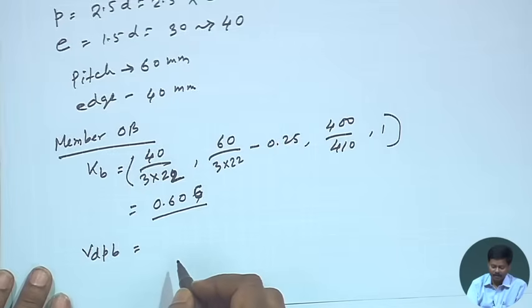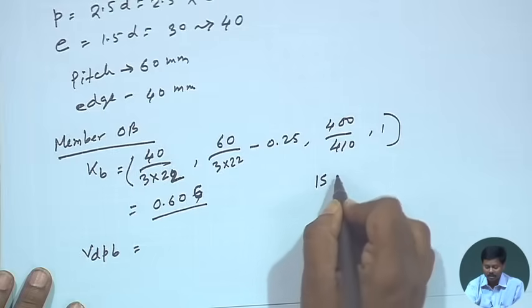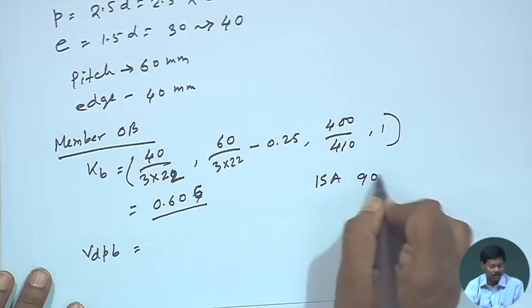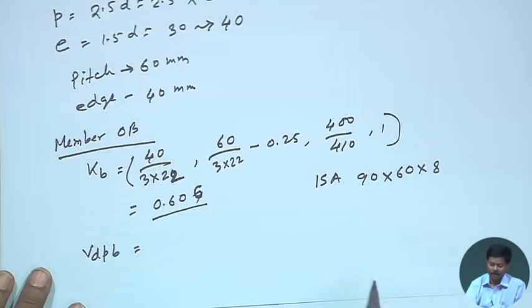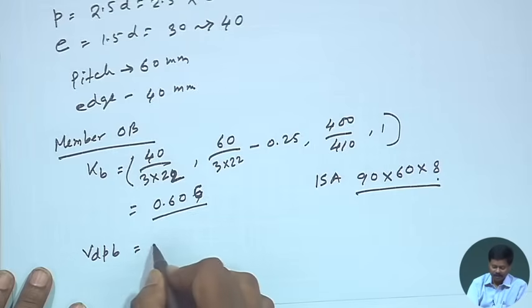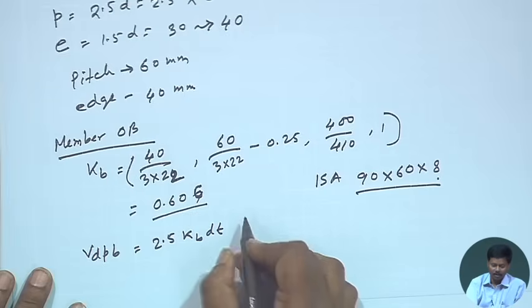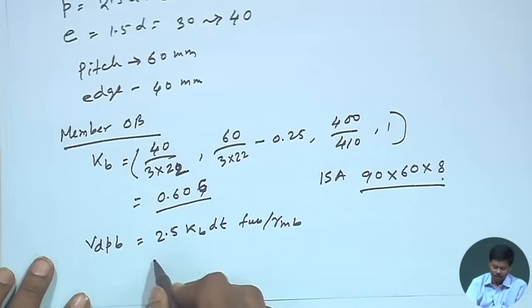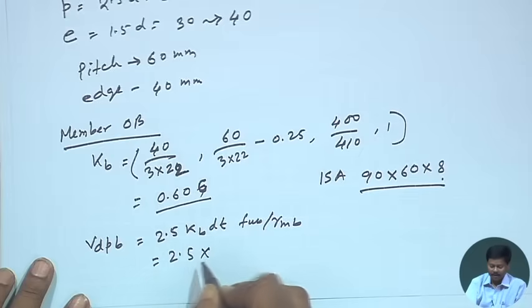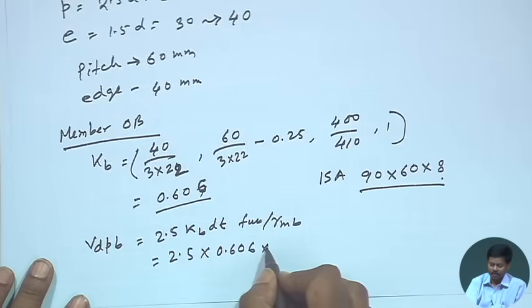Here in member OB, the size of the member is ISA 90 by 60 by 8. So, the thickness is 8 mm, right. So, 2.5 kb dt into fub by gamma mb. If I put the values, then we can find 2.5 kb, we could find 0.606 into d, which is the